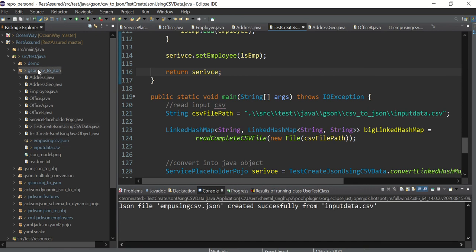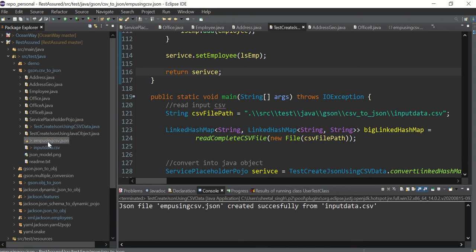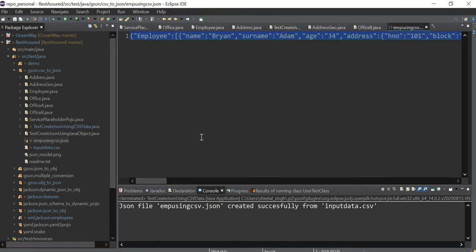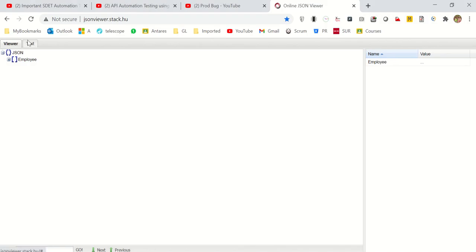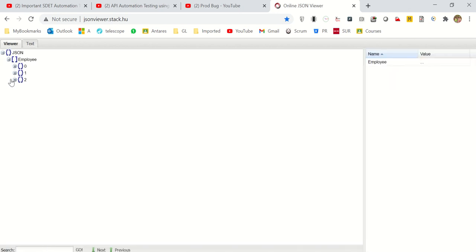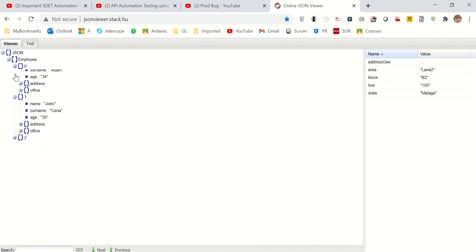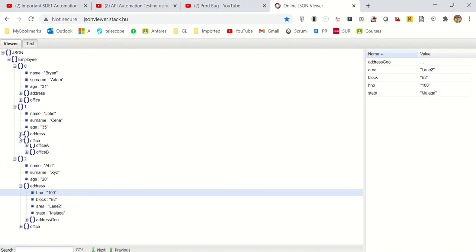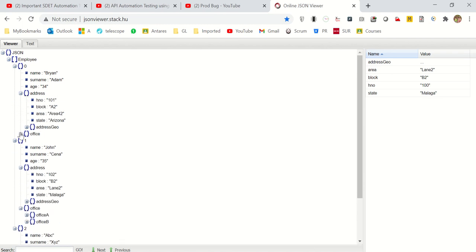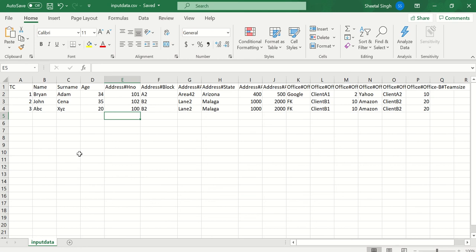Looks like it has been generated successfully. Let me refresh and open this, and abracadabra, gilly gilly, chew. Yeah, third employee, ABC and XYZ, right? Age is 20, address is 100, right? So this has been printed. So you can see that, right? So once the effort has been done, your life will be much easier, and any number of employees can be added in this Excel. Fine.